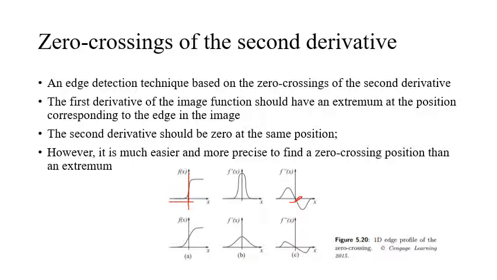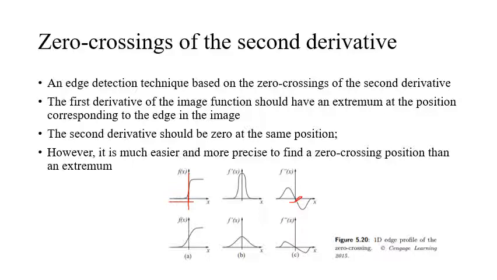Considering a step-like edge, in the same way, if you consider it in 2D, the 1D profile will correspond to a cross section through the 2D step. Basically, the steepness of the profile will change if the orientation of the cutting plane changes. The maximum steepness is observed usually when the plane is perpendicular to the edge direction. So understand this carefully: the maximum steepness is observed when the plane is perpendicular to the edge direction.